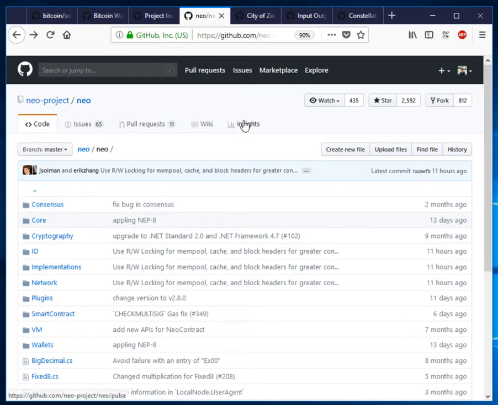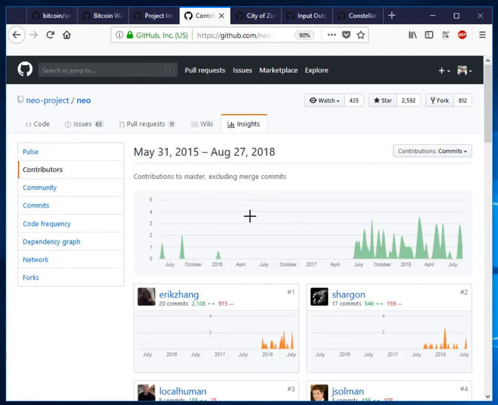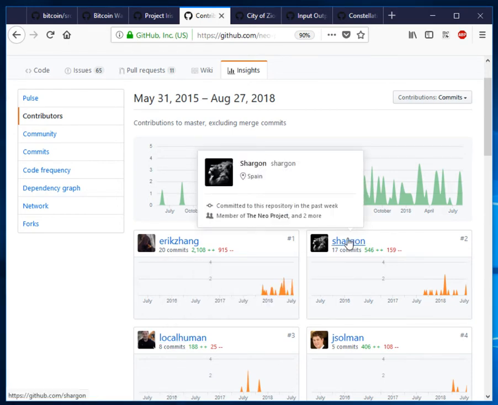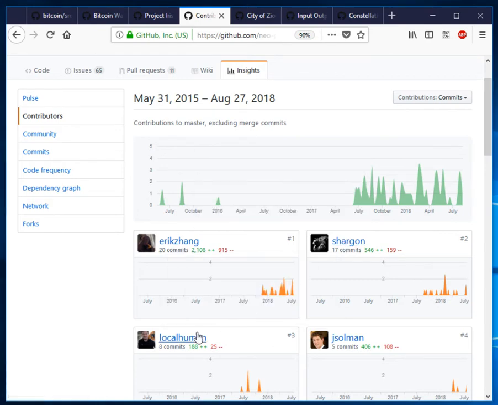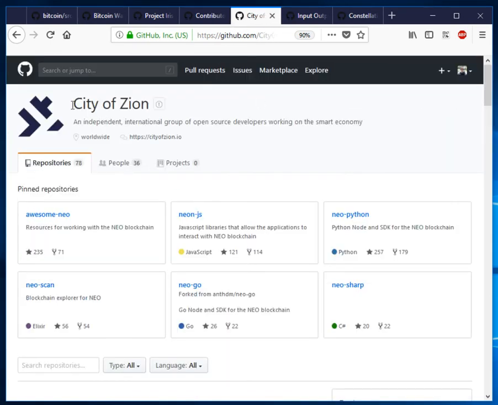And then let's actually compare that with the City of Zion group later. So okay, here we see, I happen to know these guys actually. They are from City of Zion, and started to contribute a lot lately to the main Neo source code. And now if we look at the City of Zion username, which is the open source developer group, the Western developer group, let's say,